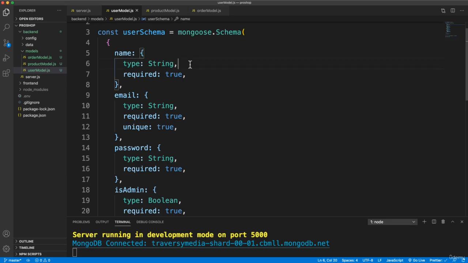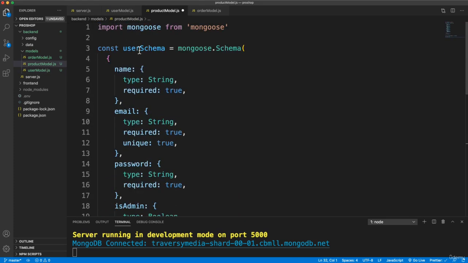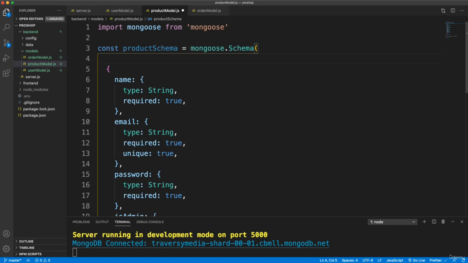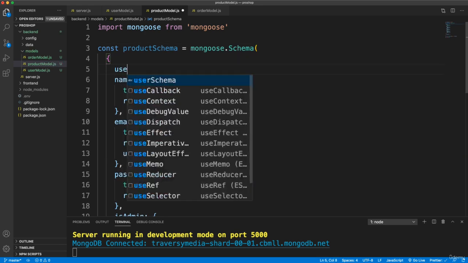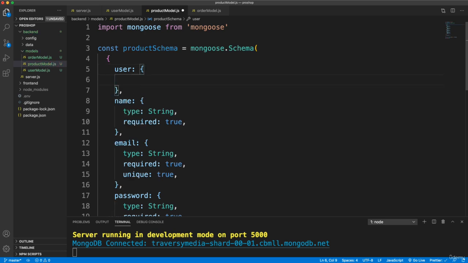Now for product, I'm just going to copy this and go over to productModel, and we're going to change the name of this to productSchema. And then right here I want to put a user field because I want to know which user, it'll be an admin, only admins can create products, but I want to know which admin created which product. So let's give this a type, and the type we want to use is an ObjectId, which we can get from